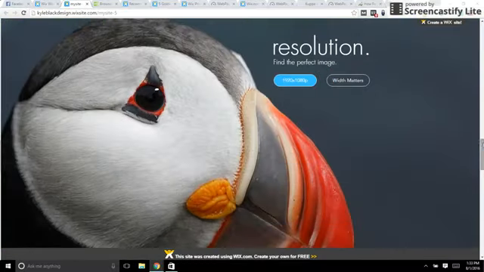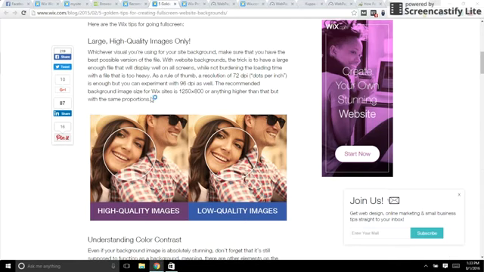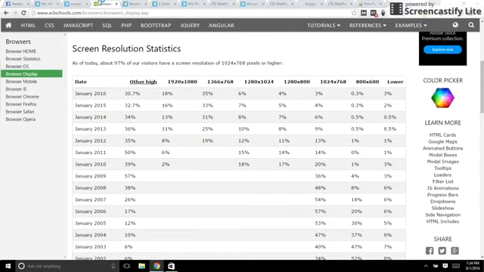The next thing we're going to get into is a big one, actually, and that is resolution. So here for resolution, I put 1920 by 1080p, which is really important. I found a Wix article here that says your background image size should be at least 1250 by 800 pixels. I'm telling you guys now, that's not correct. 1920 by 1080p and less, that is 70% of your users. So 70% of your users are using 1920 by 1080p. Only 11.3%,